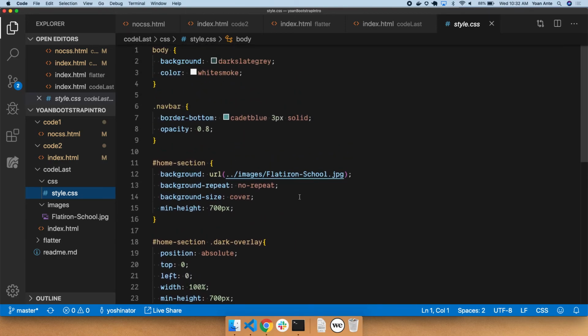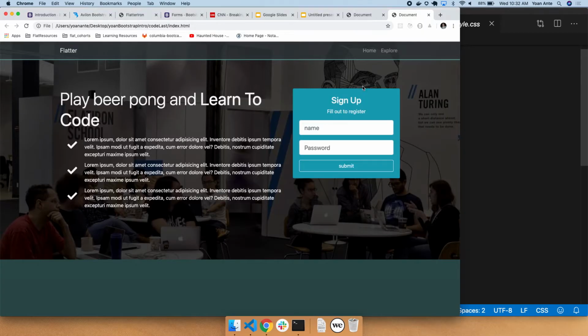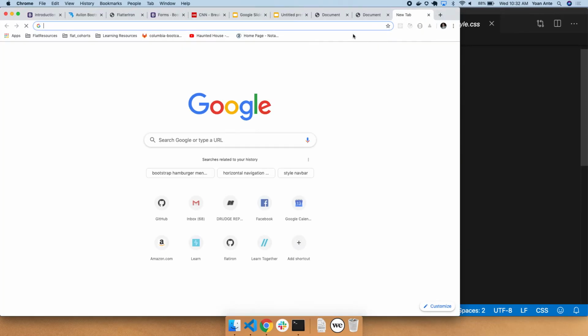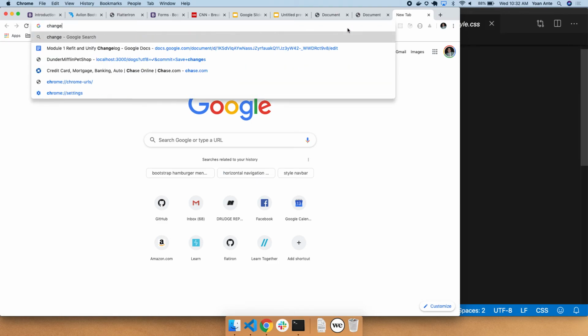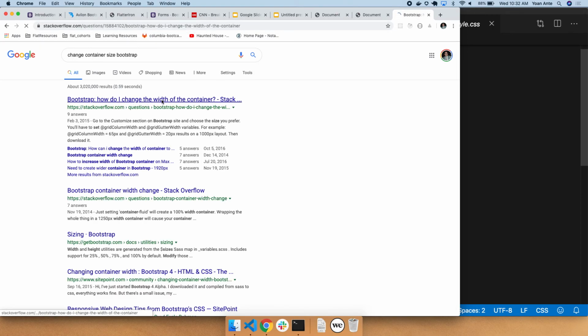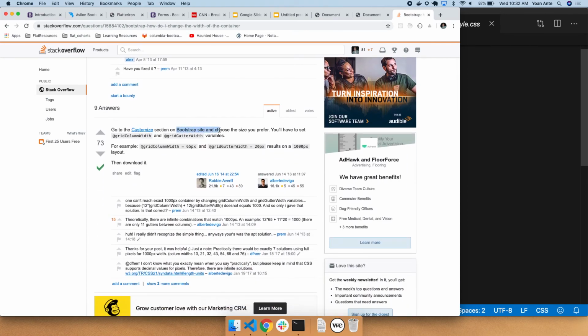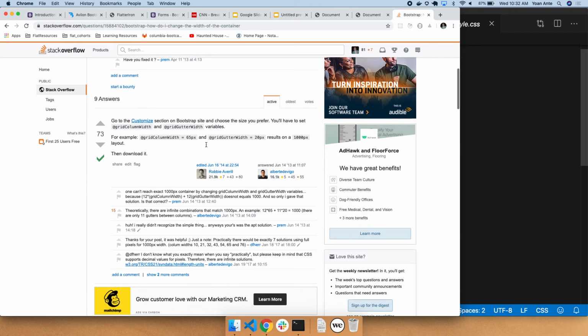Okay. Hey, can you change the size of the container? That's a good question. Go inside of the CSS. Yeah, I think that would be the only way. Change container size, Bootstrap. How do I change the width of a container? Go to the customize section on the Bootstrap site and choose the size you prefer. So this is if you're downloading